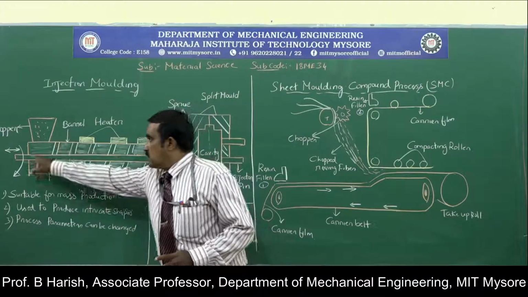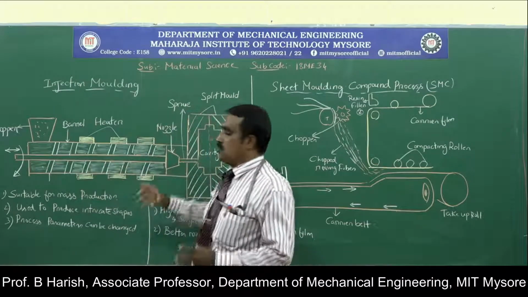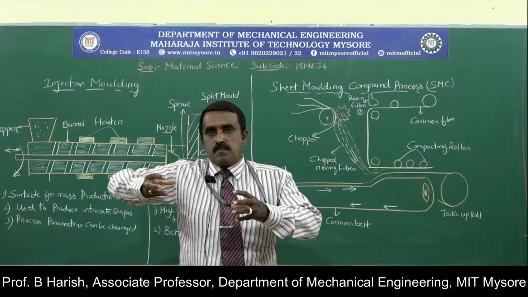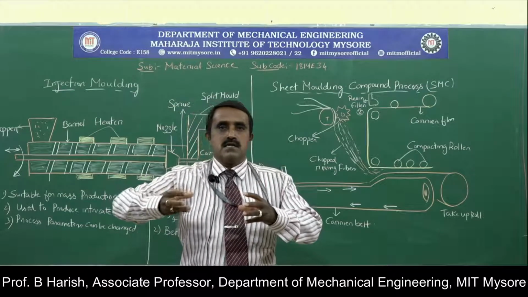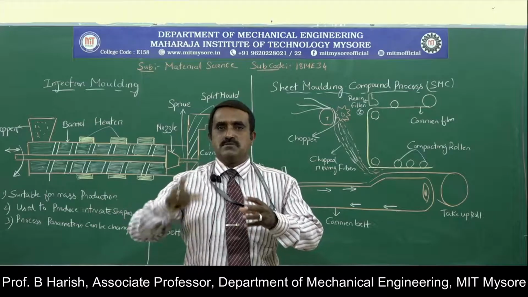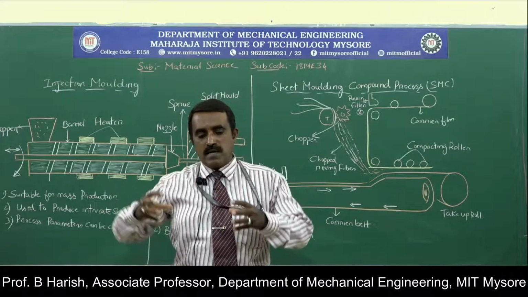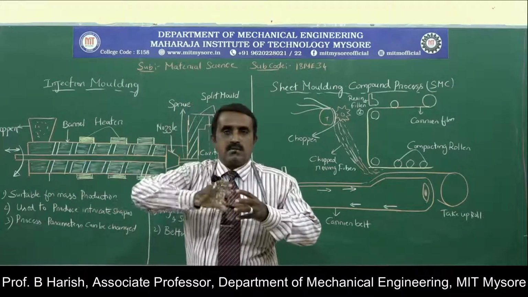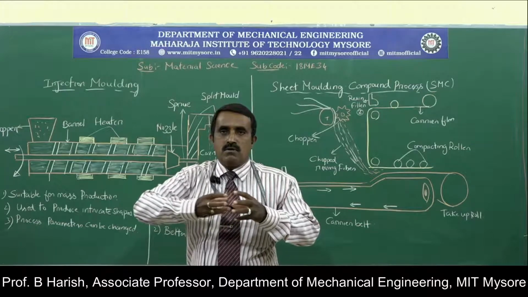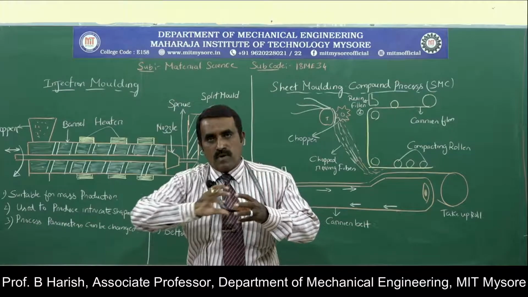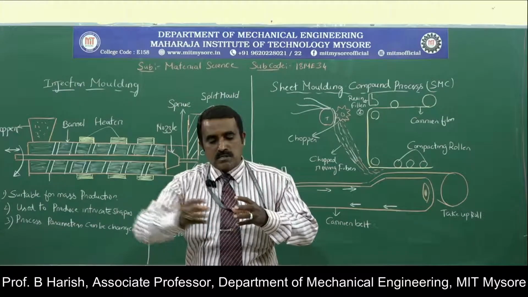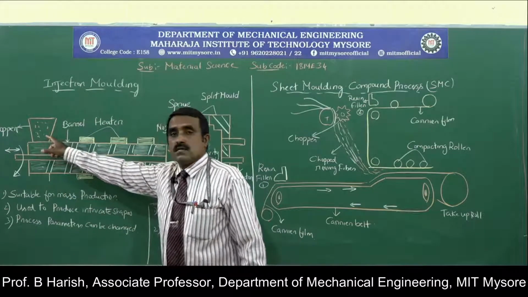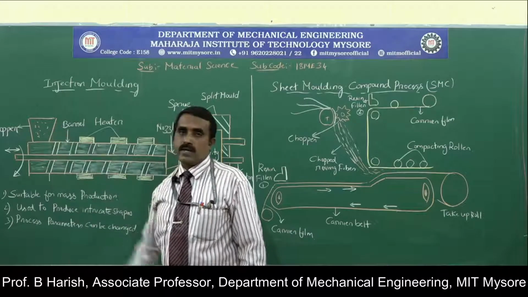Now as it enters, we got a piston-like part here. As it enters, the piston is rotated. As the piston rotates, the charge, which is nothing but the matrix and reinforcement, is pushed forward. As the piston inside the barrel is rotated, it moves in the forward direction, and in the meanwhile it pushes the charge forward. In this direction, the charge is moved. So the charge enters into the barrel through the hopper.